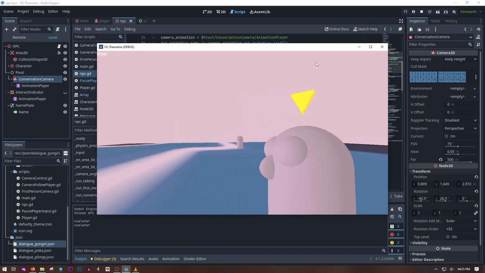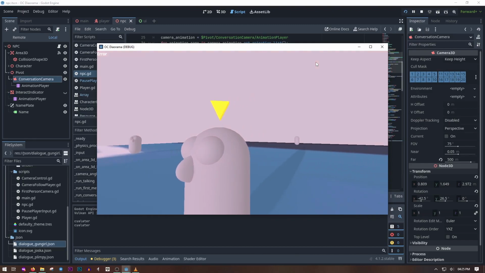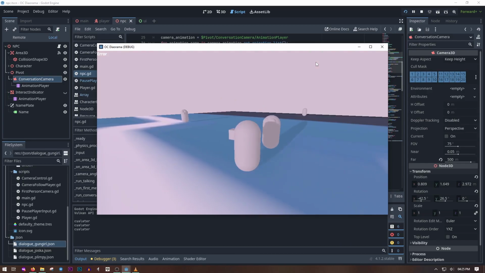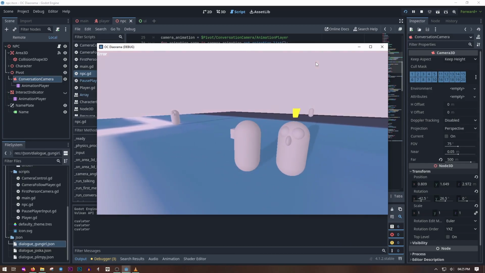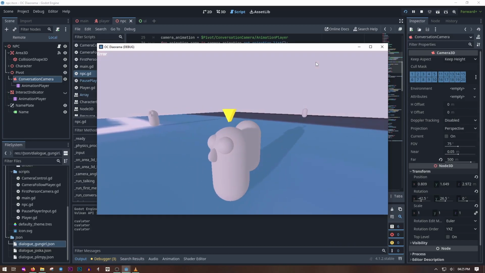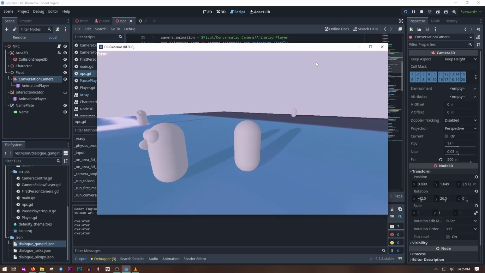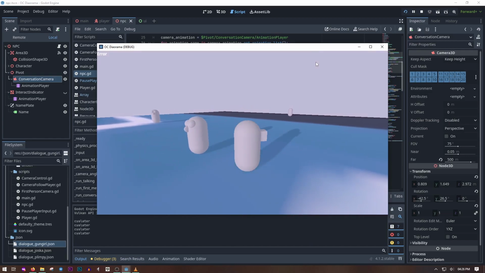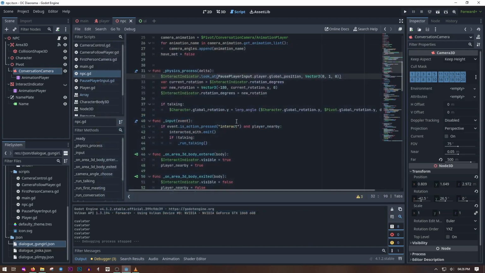So if I'm off to the side, you can see the three-dimensionality of that, and it's pointing away from the camera. It's not quite good, especially like this, because you can see it's doing all this. I'd rather it just spin by itself without needing to look at the player. That's not important. I can get rid of that later, but for now,